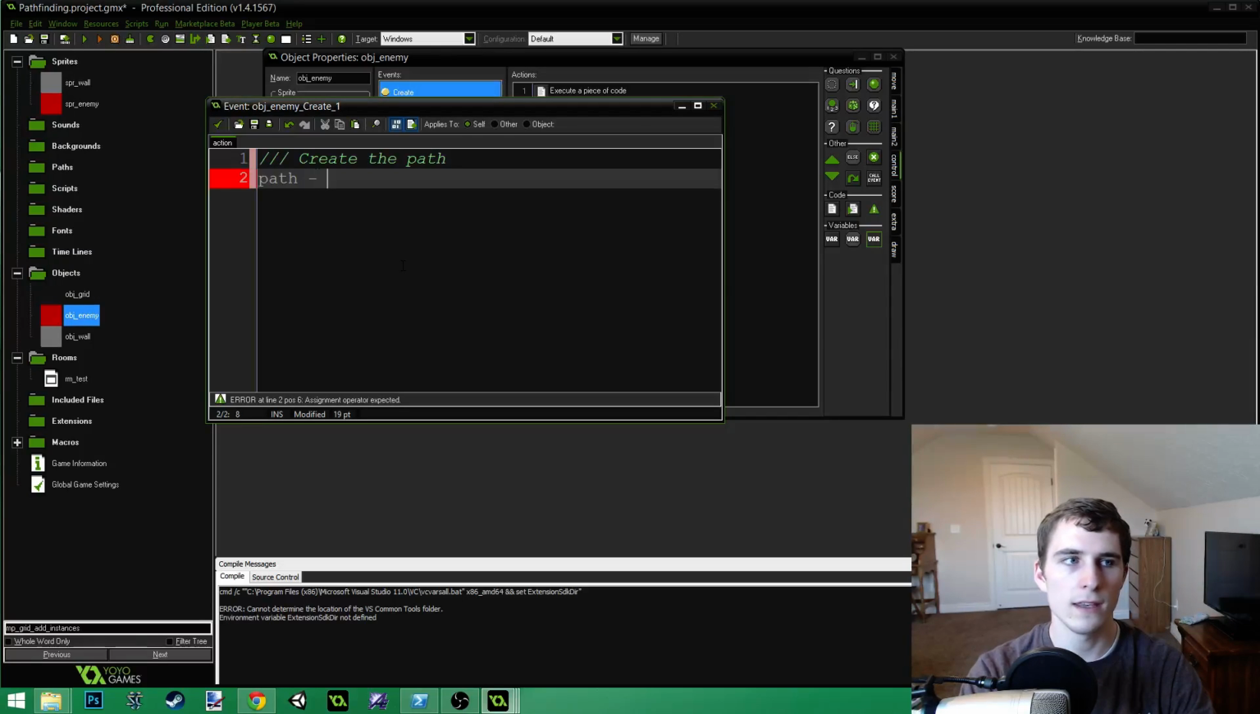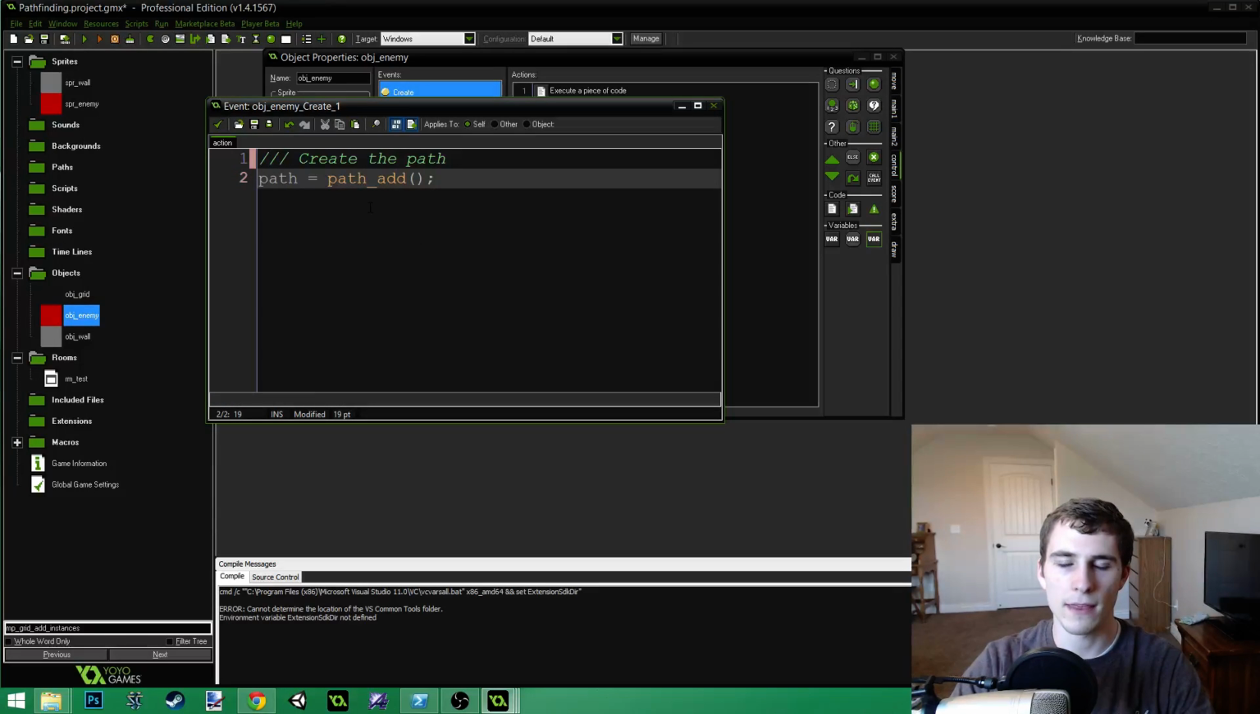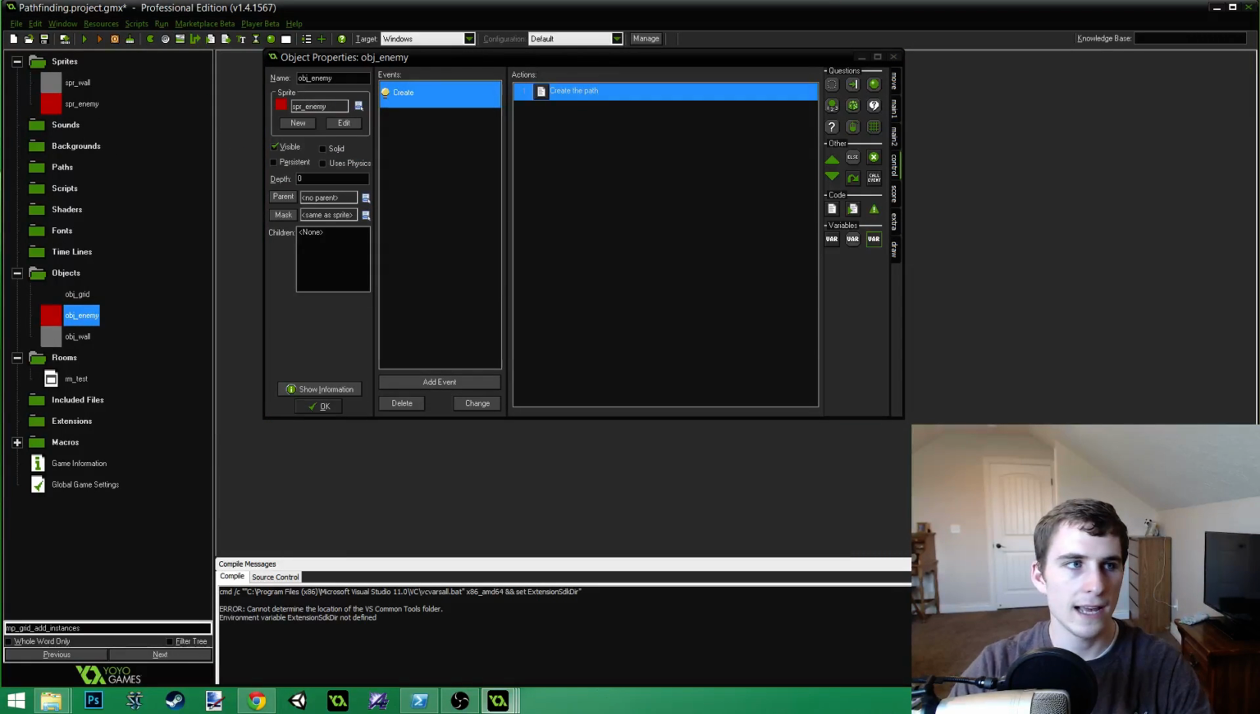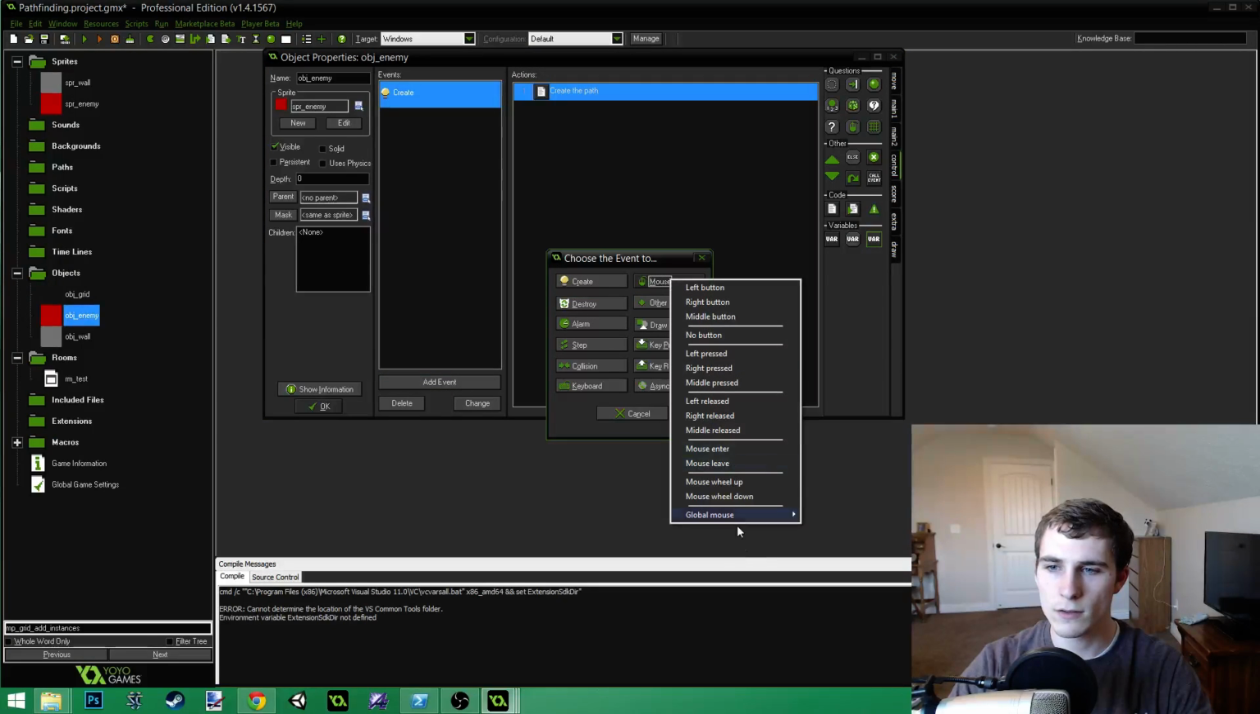So path equals path_add, and that creates a new path. Don't ask me why it's add instead of create. Now we're going to need to do some math. Let's do a global